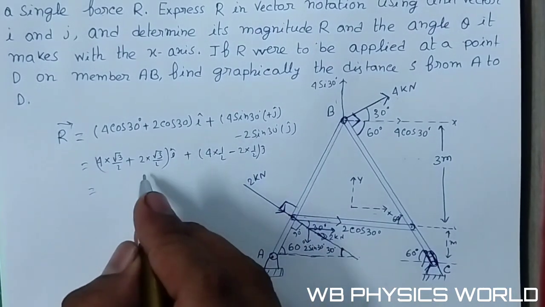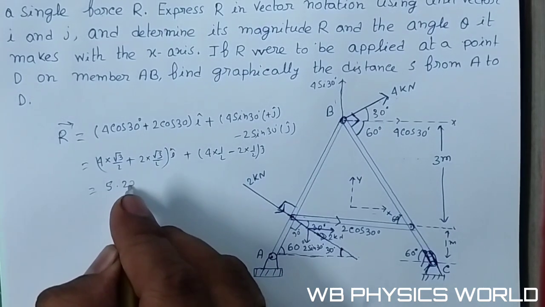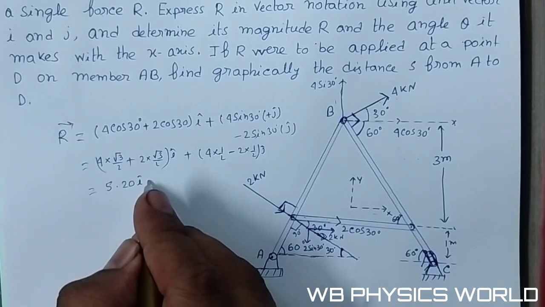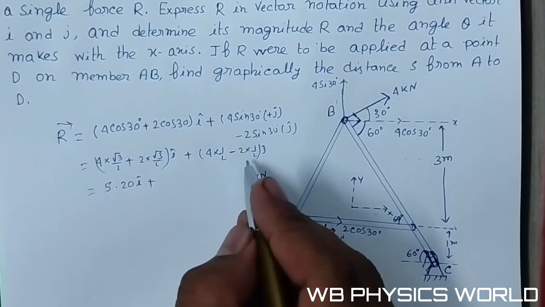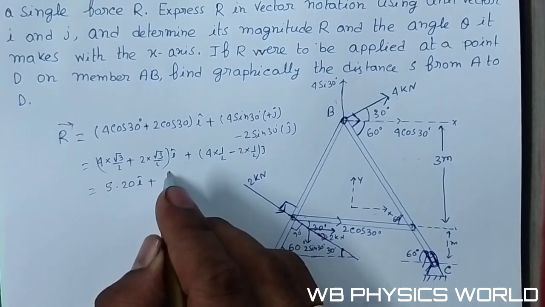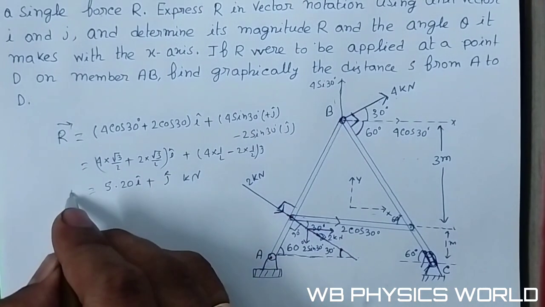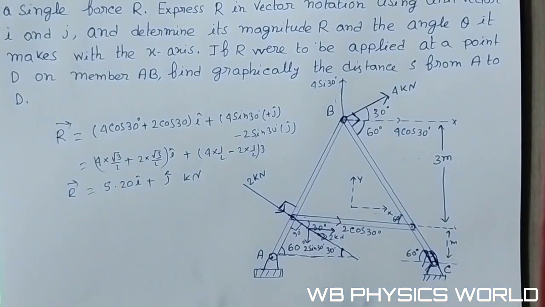So after this calculation, this gives 5.20 i cap plus 1 j cap kilonewton. So this is the r vector,